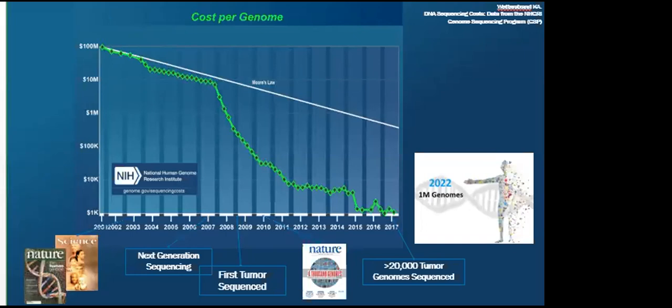If you look very well, in the year 2002, the cost to do a genome sequence was about 100 million, whereas in 2017, it will just cost you